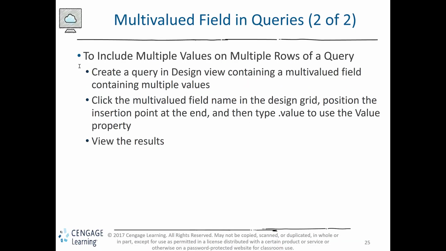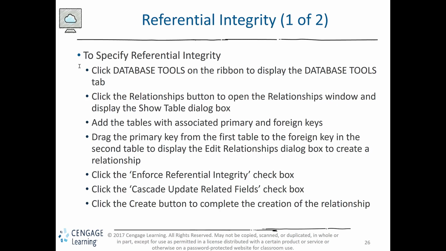Okay, that's where I just showed you the multiple values and multiple rows where you use the dot value option. Okay, referential integrity. This can be important in the cases where you have multiple tables interacting or tables that are joined with each other. And in this database, we have the account table joined with the account manager table on the account manager number. What referential integrity does for you here is you can require that the values, if you